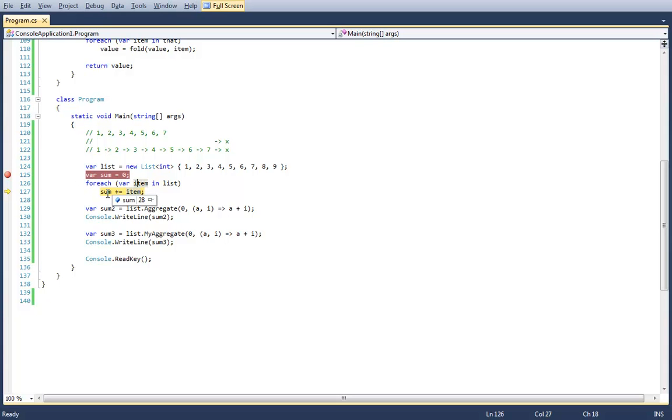We get access to two bits of information: the result of the previous iteration, which in this case is sum, and the current item we're looking at. And then by adding these, we're allowing the next iteration to see our result. We're threading sum through an invocation of a bunch of functions.